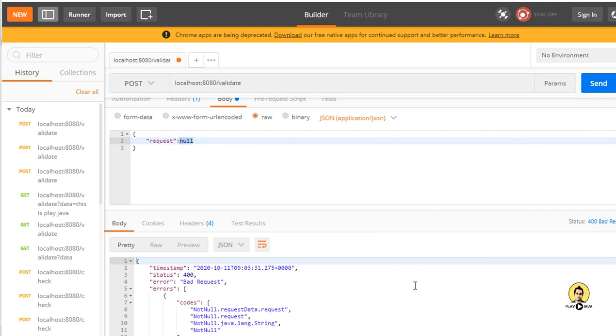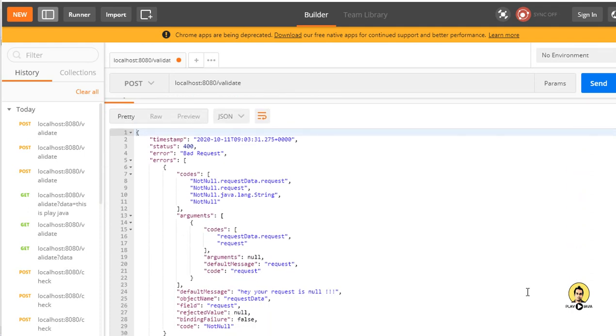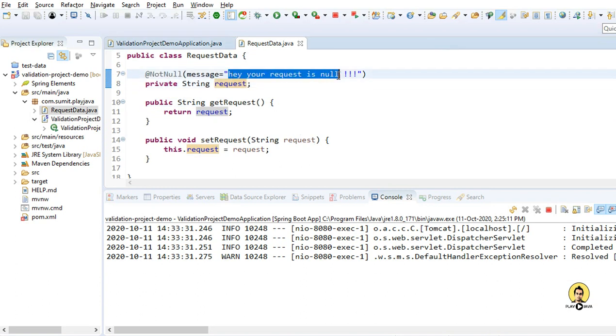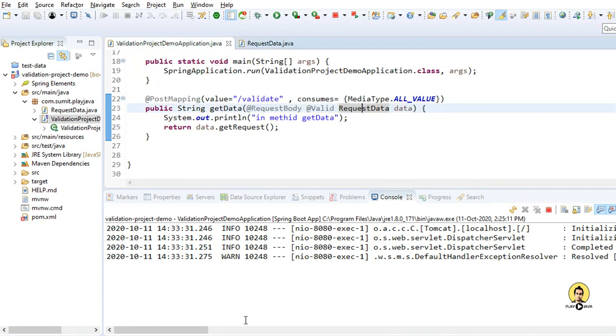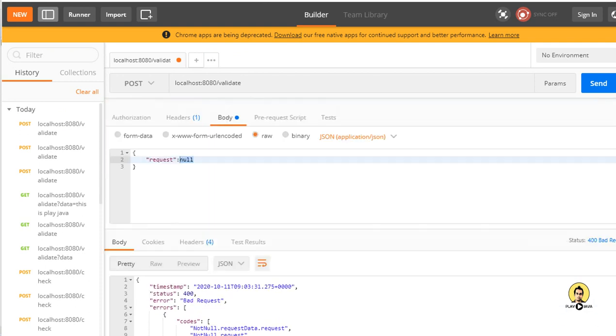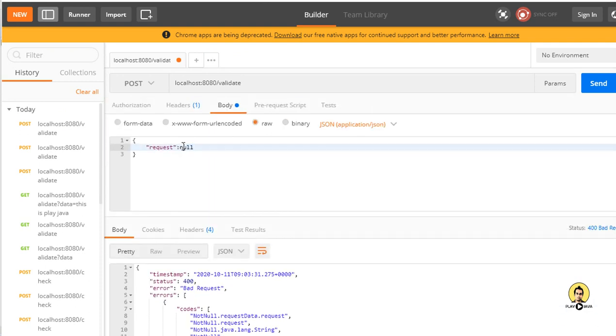So as you can see, Spring's default error is coming with our custom message also typed here, that is the default message, "Hey, your request is null," which we have provided in the object. So the thing is, we need to provide @Valid, @NotNull, or anything related to @NotNull, and @Validated at the class level. Then only our things will work.